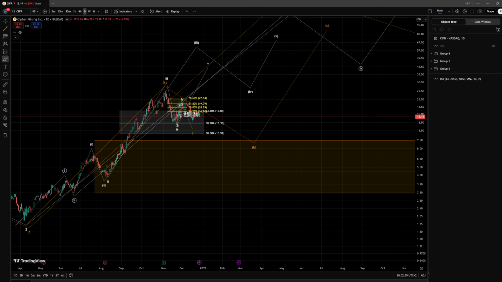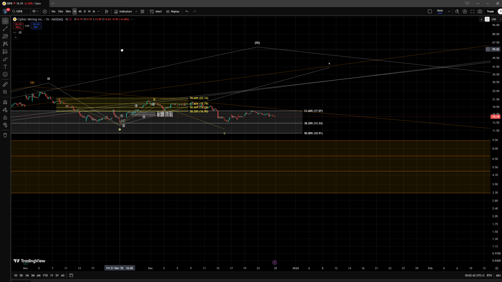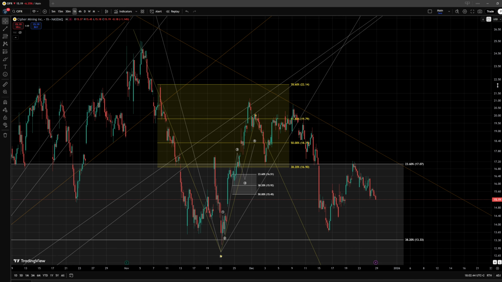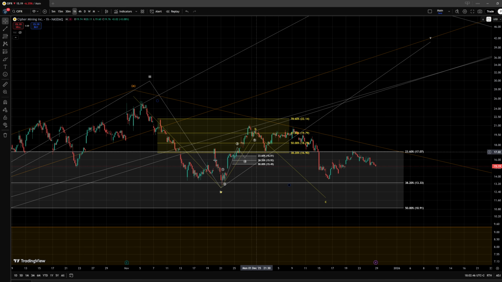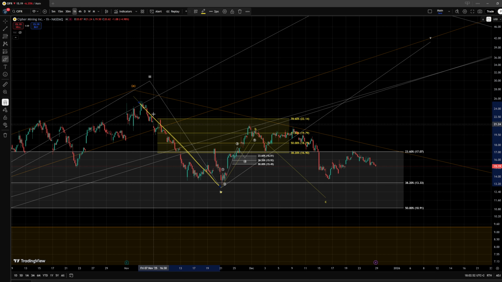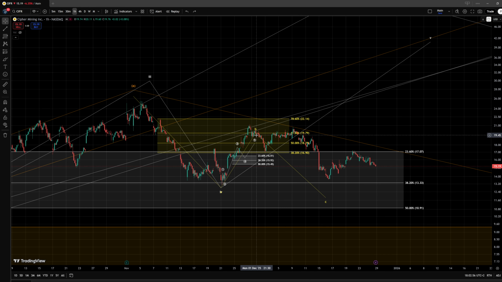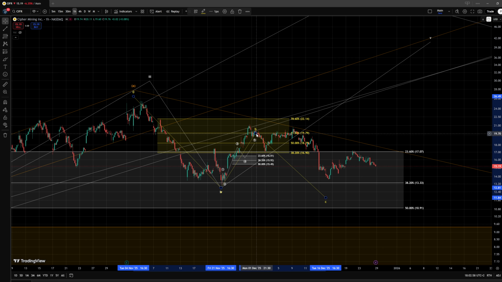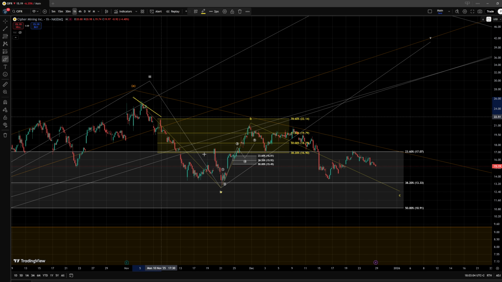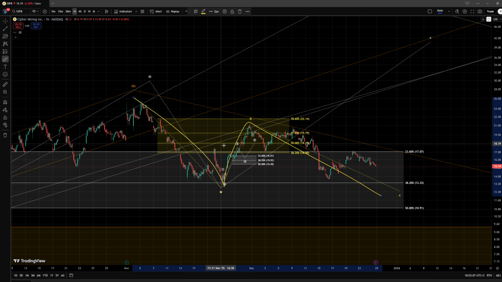And then on an even shorter time frame, we have been tracking a couple of scenarios, basically a couple of ideas, where we were considering a possible bottom within this structure. Even in the previous video we were looking at this movement to the downside as a likely 5-wave structure, which was suggesting that we should highly expect another low to be formed within another 5-wave move to the downside. We were tracking this ABC movement in the yellow interpretation.